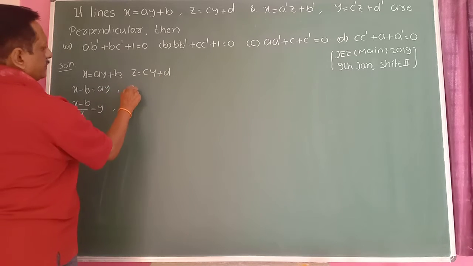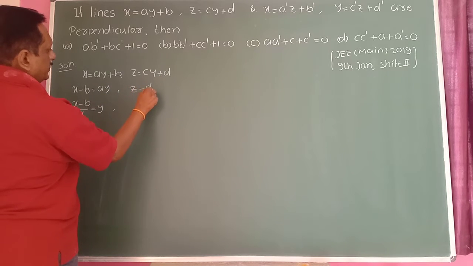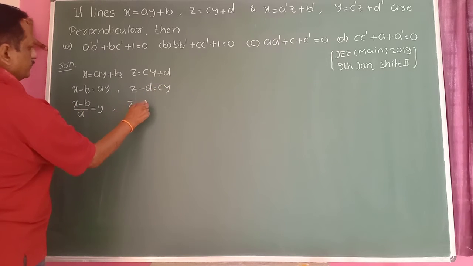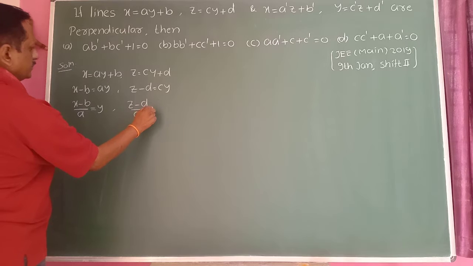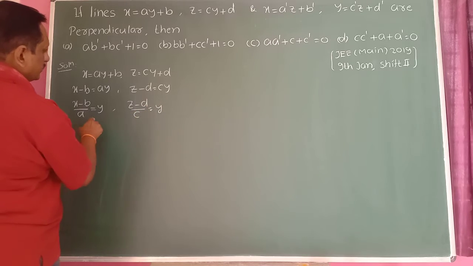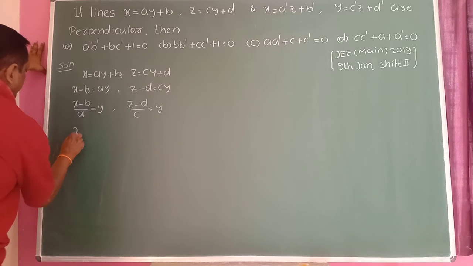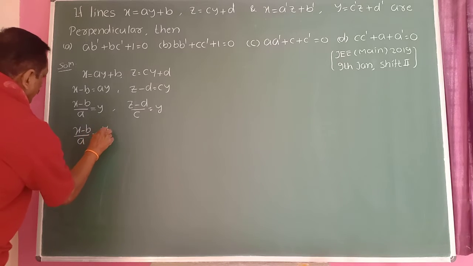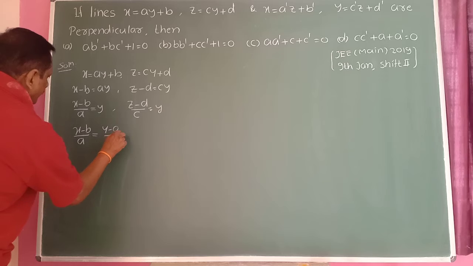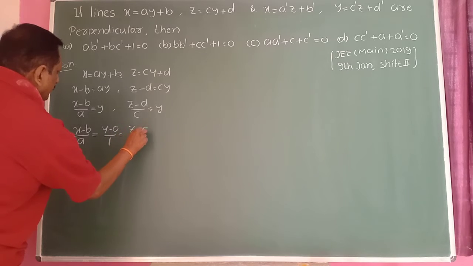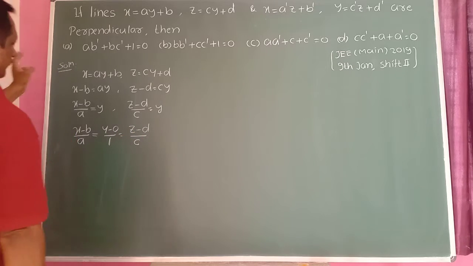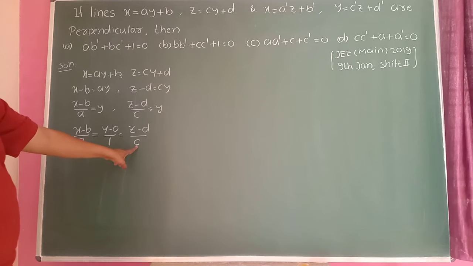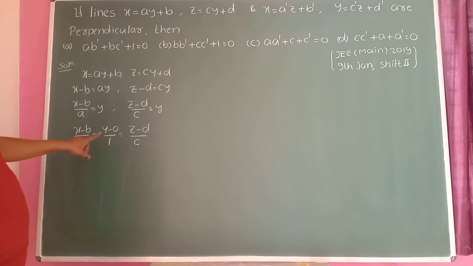Take the d to the left side here: z - d = c into y, and cross multiply: (z - d)/c = y. So using these results, you can write (x - b)/a = (y - 0)/1 = (z - d)/c. Therefore, a, 1 and c are the direction ratios of the vector parallel to the line. Hence,